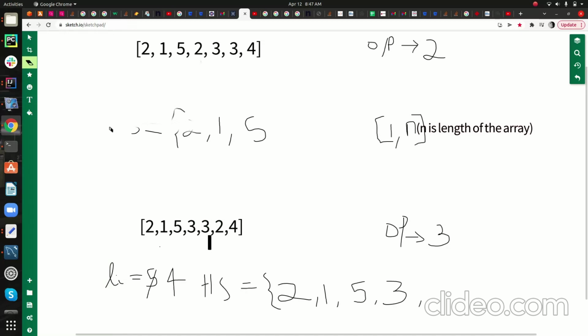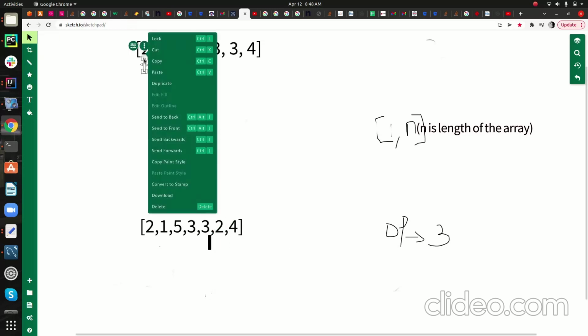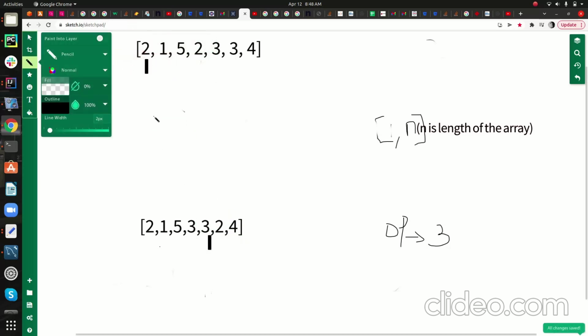Just 1 second, I'll just clean up this. So now for the last solution, you need to, it's not writing. Okay, so now for the last one,